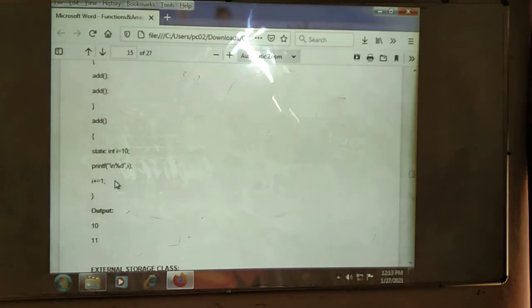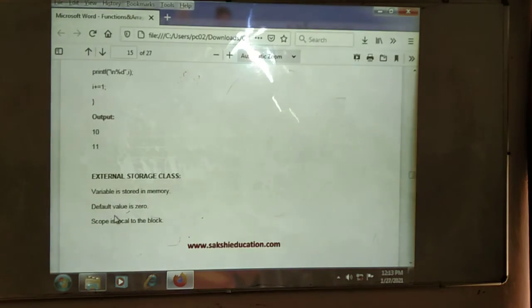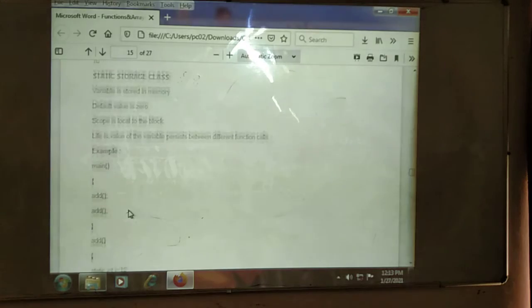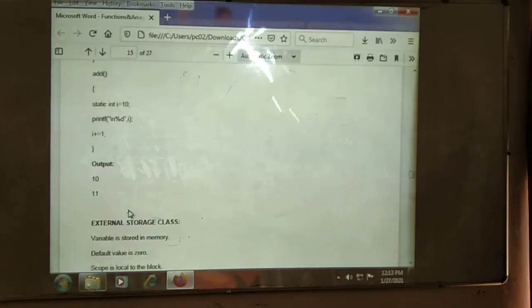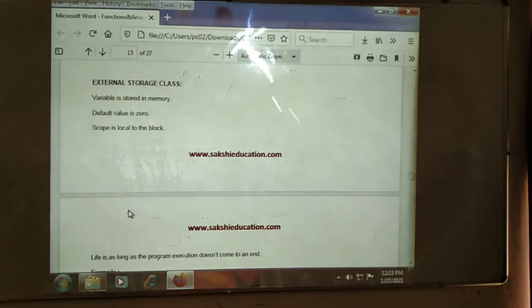Since we call it two times, the first output will be 10 and the second output will be 11. This is the declaration of the static storage class.